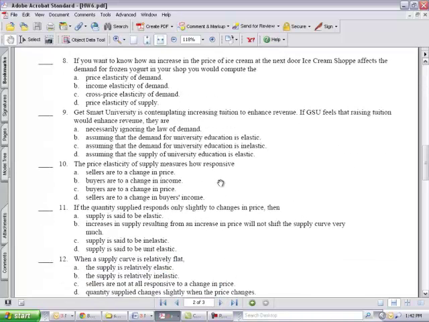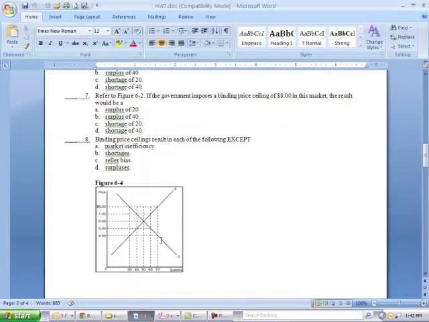So make sure you take a look at your old homework assignments. Those are the first two, homeworks 5 and 6, but also let me pull up homework 7 here. Here's a typical question you might see, a graph like this of supply and demand and some different prices, and